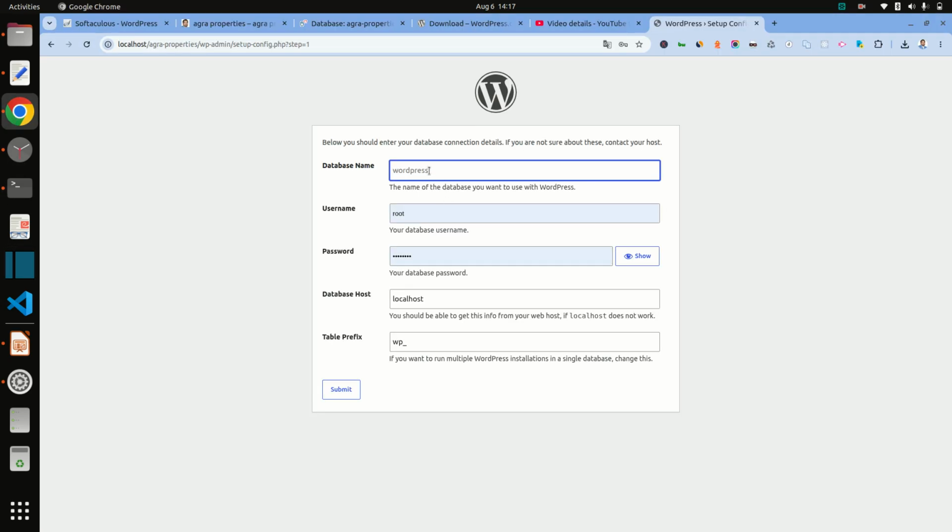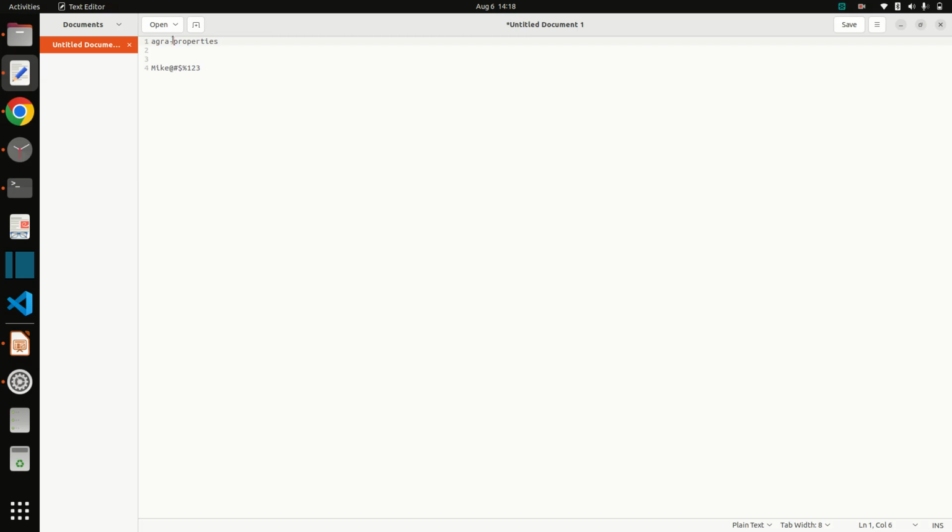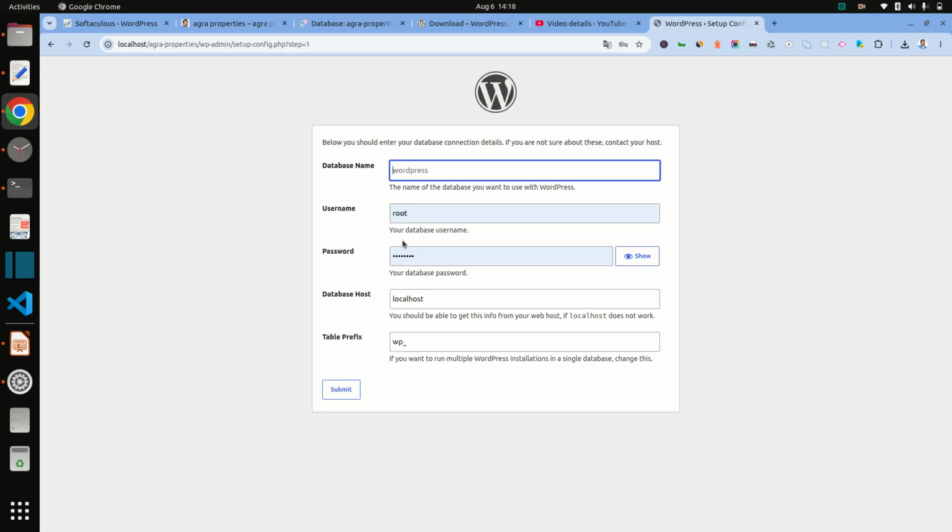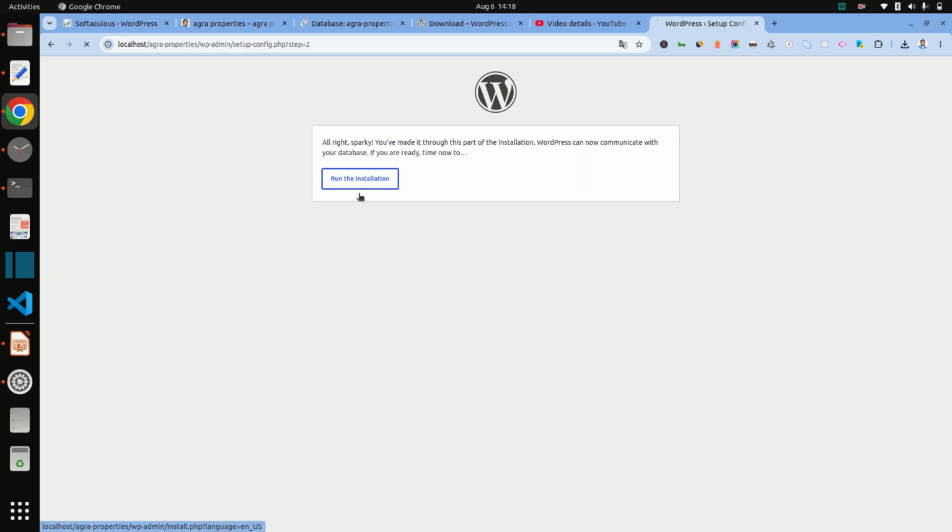Now enter the database name, username, password, etc., and click on run the install.